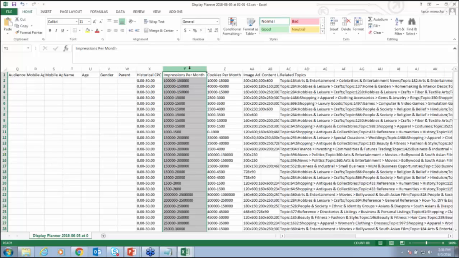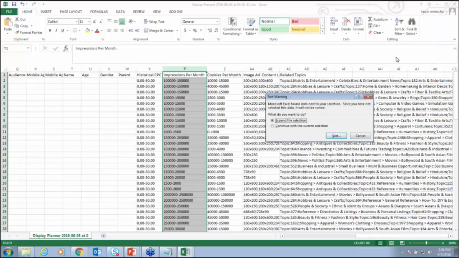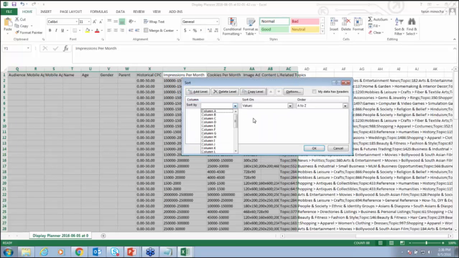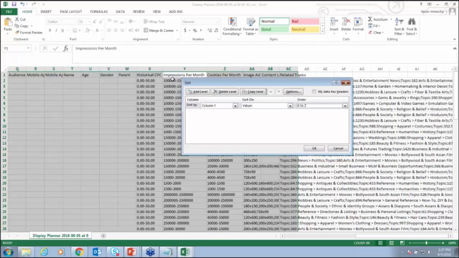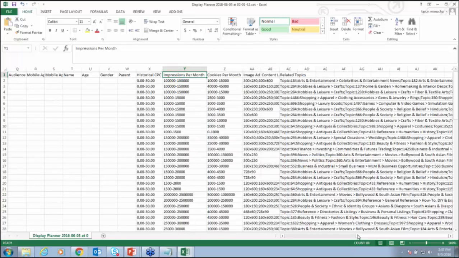We can sort it with impressions per million. Yes, we are sorting with it. So sort by column Y. I'm seeing them. It is somehow not reading this Excel, and so we can sort them from lower to higher because we want the highest number of impressions to start with,